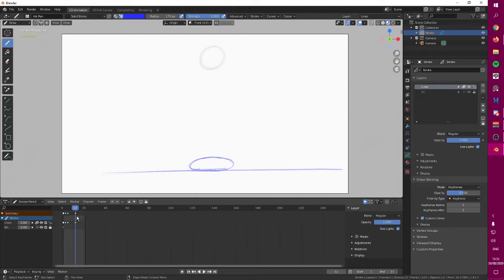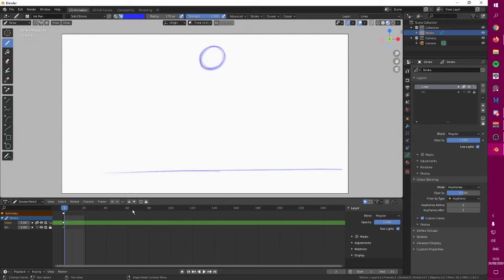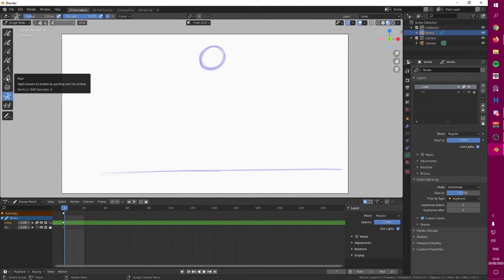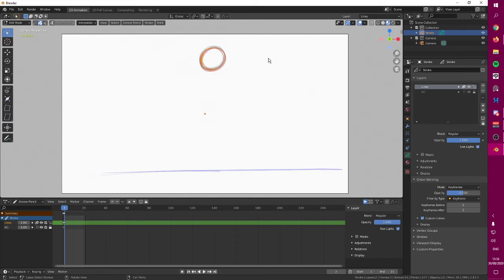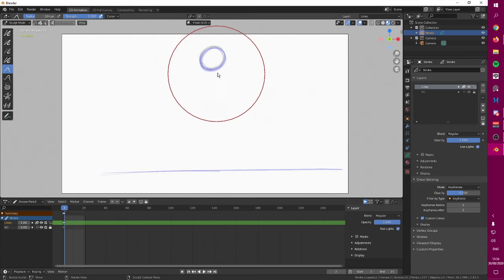But the way I normally animate bouncing balls is very straightforward, so I just go from one frame to the other. But let's do a quick trick. This is probably cheating. If you want to animate this more easily, you can just go to your next frame, go into sculpt mode, and if you have this grab brush, you can just move it. You can also do this in edit mode by just going here and moving things around. But I like the sculpt mode a little bit more because it kind of changes the shape a little bit.